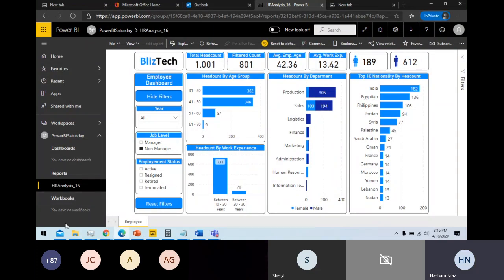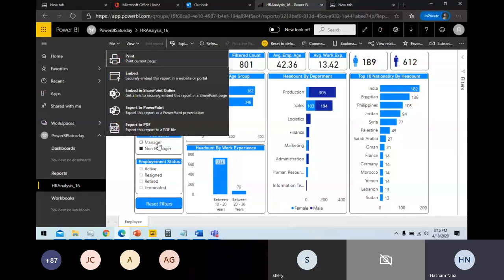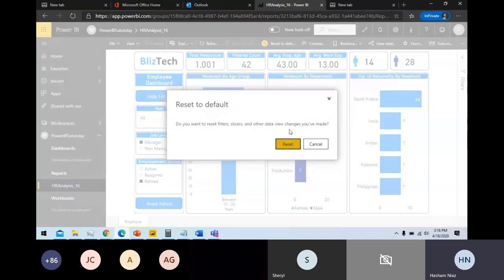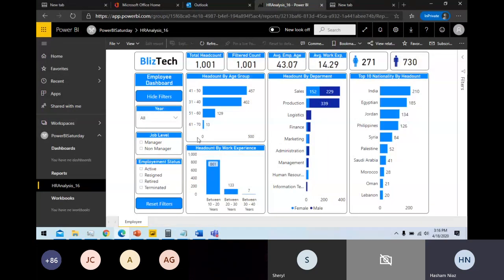data set. I can read the report, I can make changes to it, I can interact with it. I cannot share it, because when I shared, I did not assign the permission. I can reset it to default. So I can do whatever I want. The user can interact with this, and if you have a dashboard, they can interact with the dashboard as well.